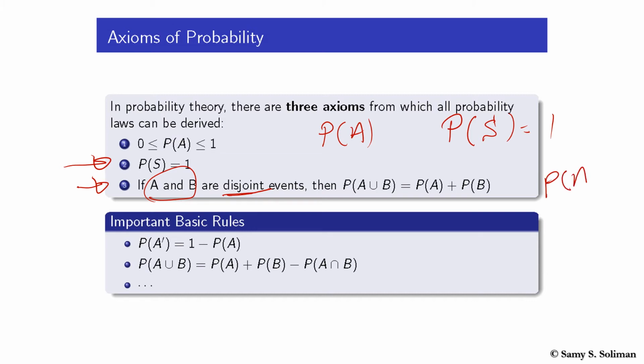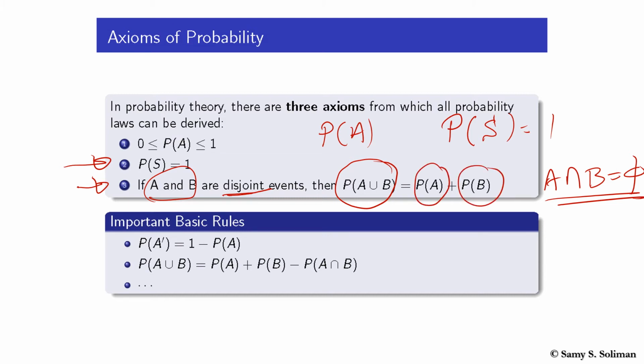So the probability of the intersection of event A and event B is equal to phi. The third axiom says that if two events are disjoint, hence achieve this condition, then the probability of their union, the probability that A occurs or B occurs, is probability of A plus probability of B, and this is what we can refer to as